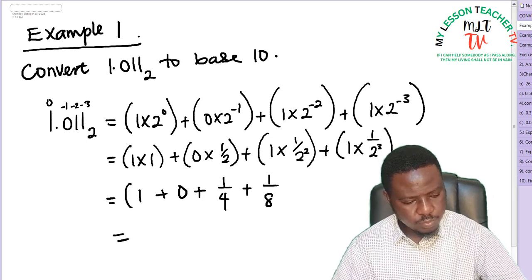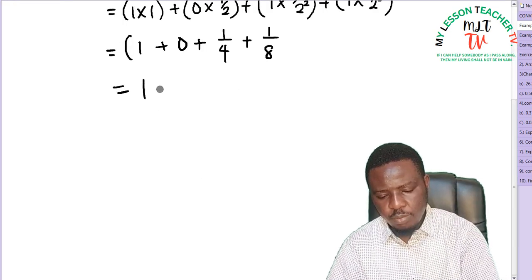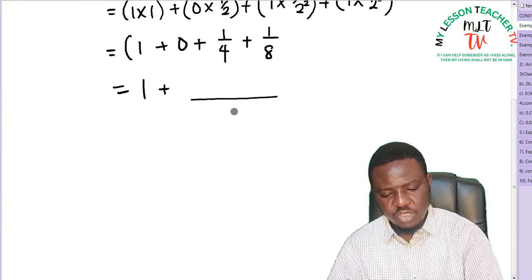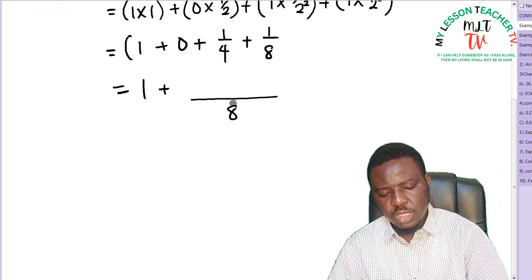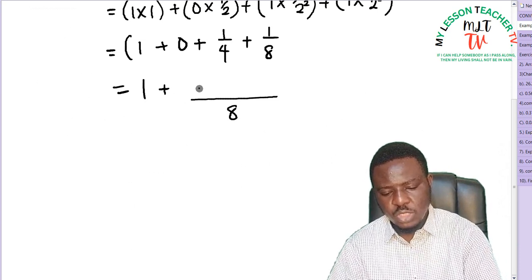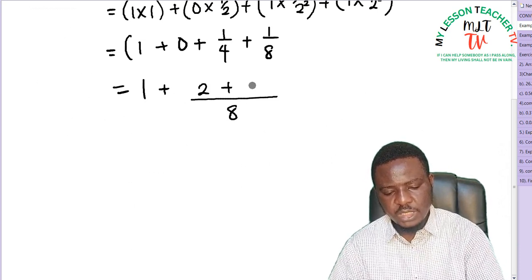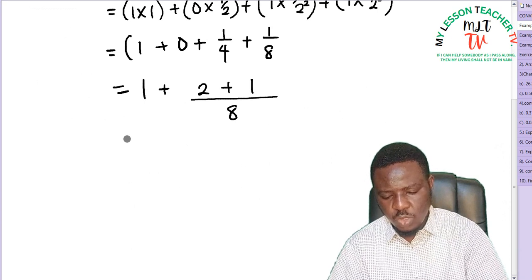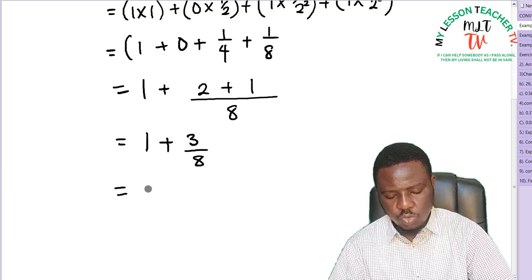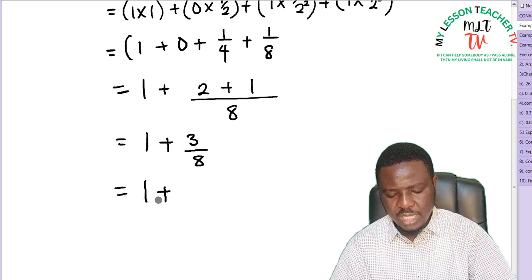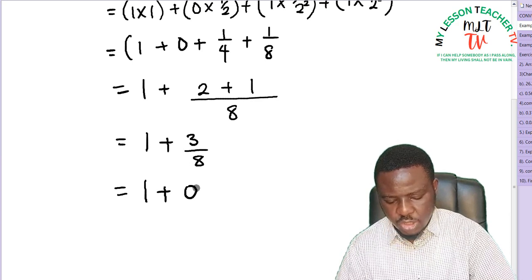You then add 1 plus, let's sum up the fractional part, LCM is 8, and this becomes 4 into 8 is 2, 2 times 1 is 2, plus 8 into 8 is 1, 1 times 1 is 1. This becomes 1 plus 3 over 8, which is equal to 1 plus 3 divided by 8 gives us